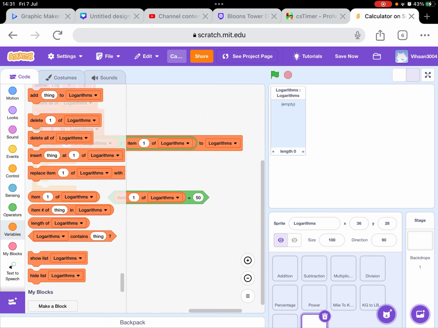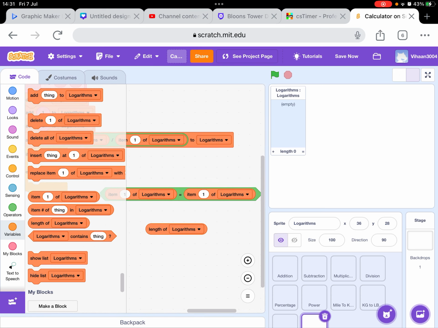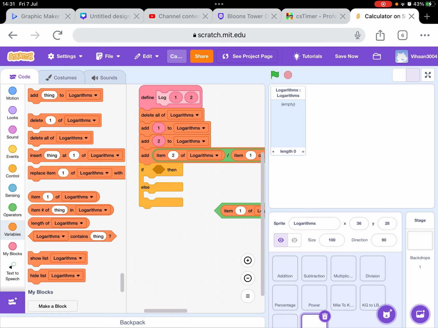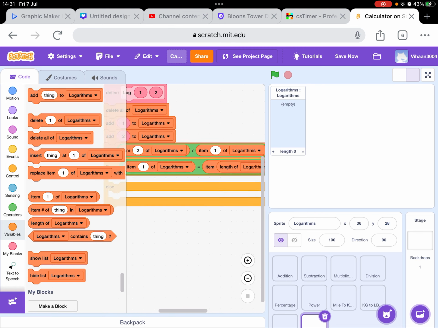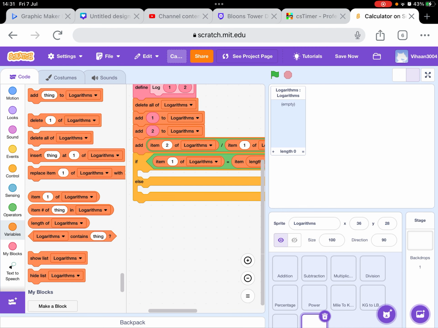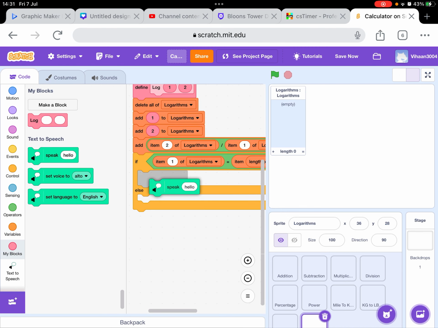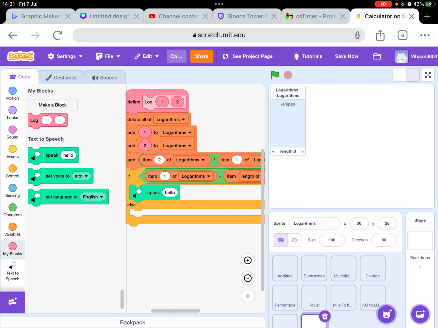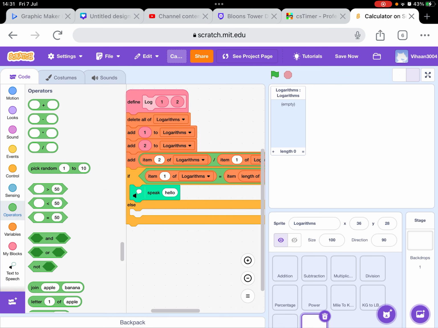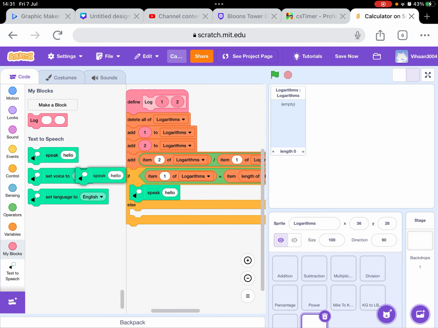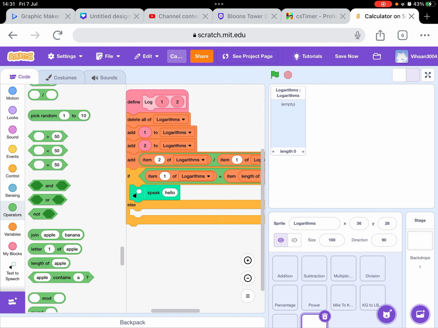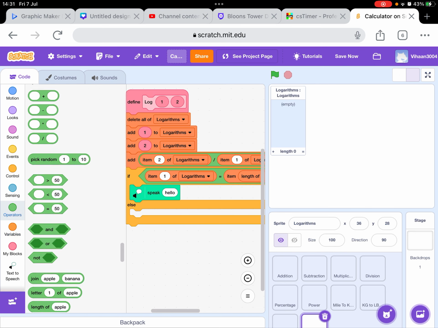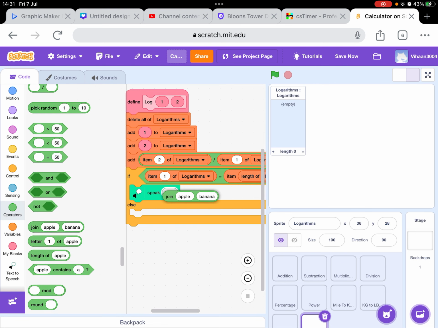So instead of putting item 3, we are actually going to be using the length of logarithms block many times. So I'll just put item length of logarithms in this. Okay, so now we have this. Then we'll get a speak block. Speak. The answer is, so we're going to join, or we can put the log of